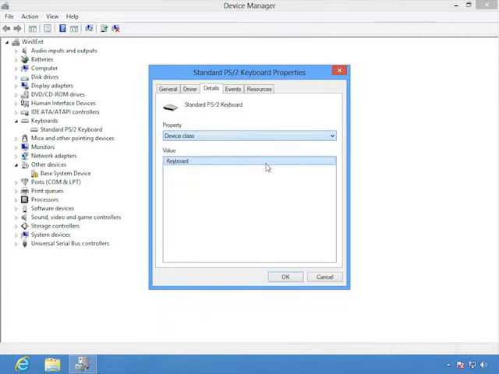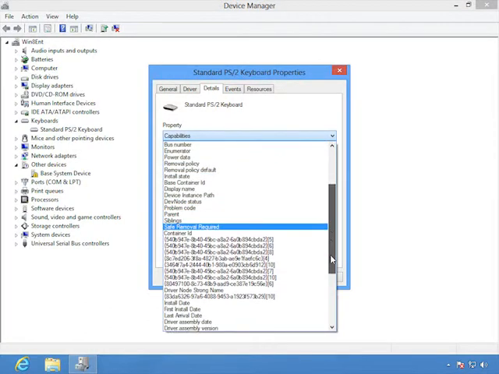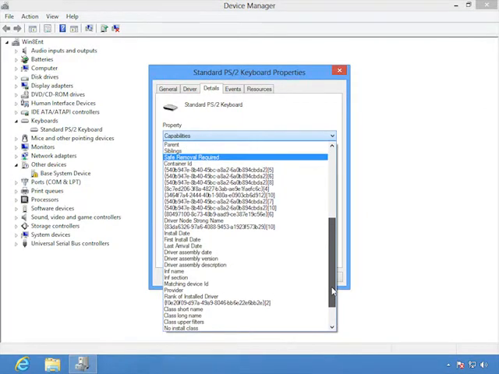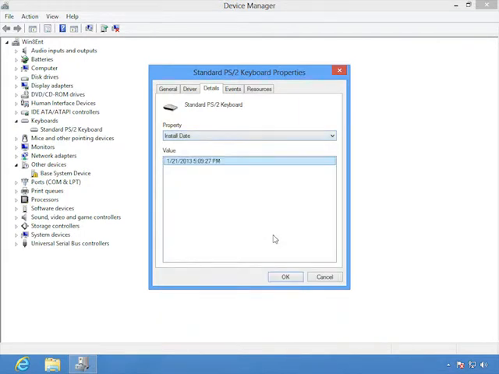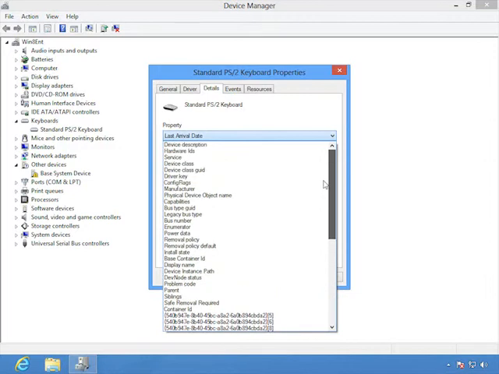The Details tab tells you a massive amount of information about the device. We can look at the manufacturer here and different object names. These settings are going to be different for different types of drivers and specifically different manufacturers. But you can often find really useful information in here. For example, this has the install date that tells you exactly when the driver was installed. So like I said, this tends to vary, but if you're troubleshooting a problem with a particular driver, it's useful to give this a look and see if you